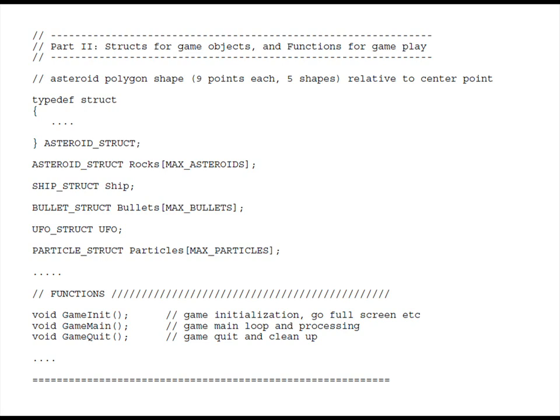So all this has to be done, keeping track of 30 frames a second. So move all the particles once, move the UFO once, move each of the asteroids once, 30 times a second. So these are the structs, okay, and then next we have functions. So functions are